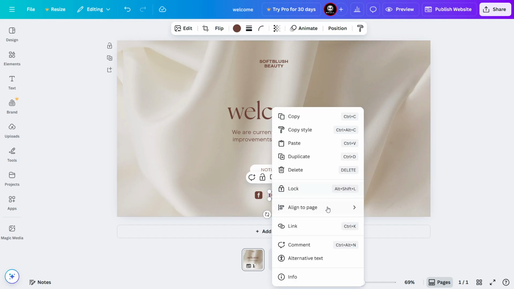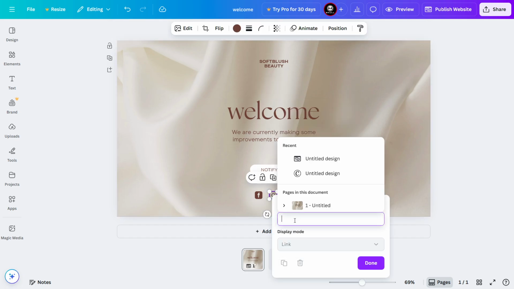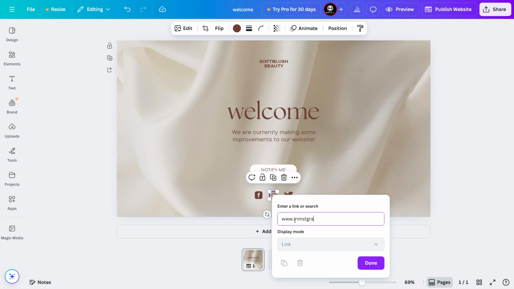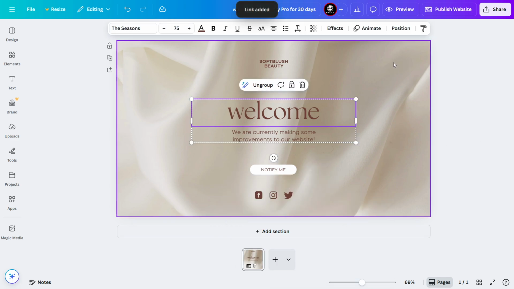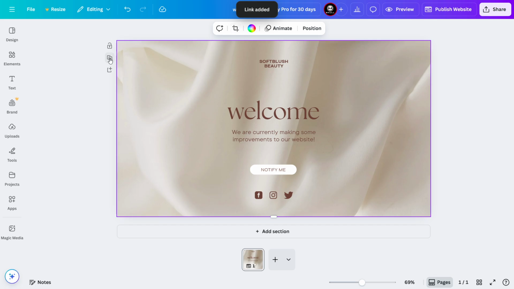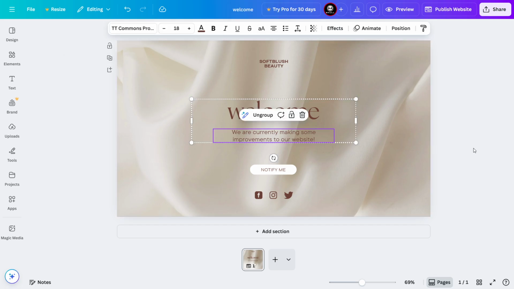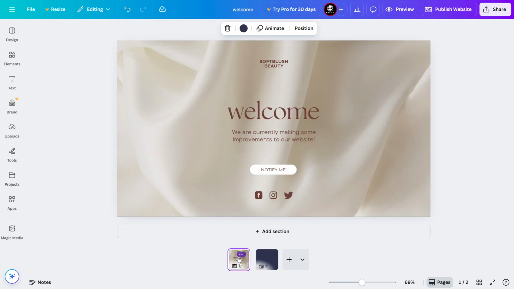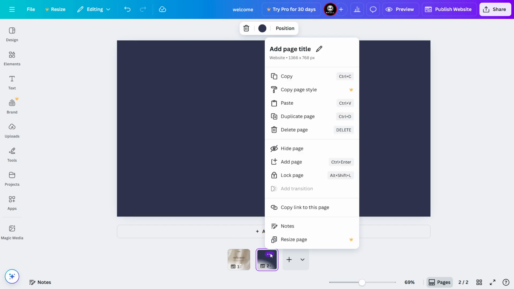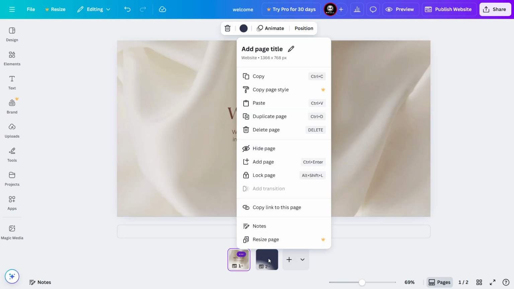Here you can also do a link to your Instagram maybe, or whatever you want. This is how you can simply make for yourself a simple, easy website. You can also do other pages, more pages,